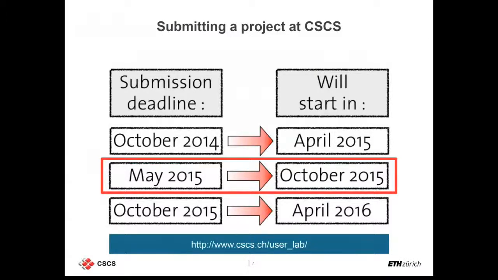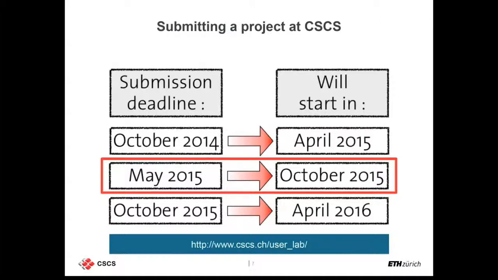For the submission process, your project must pass 3 different kinds of reviews. The first one is a technical review, and during that review, we evaluate the feasibility of your proposal. Then your proposal is reviewed by scientists from an international pool. That's the scientific review, and eventually the panel committee will rate your project and the reviews and make a final recommendation to CSCS.